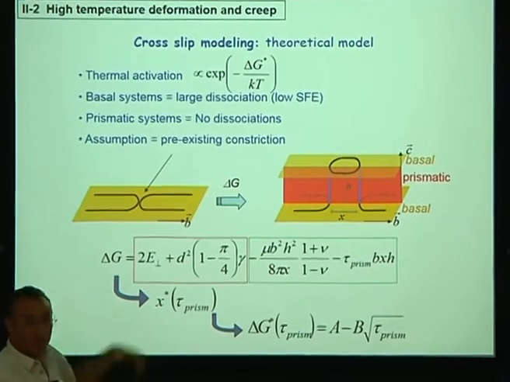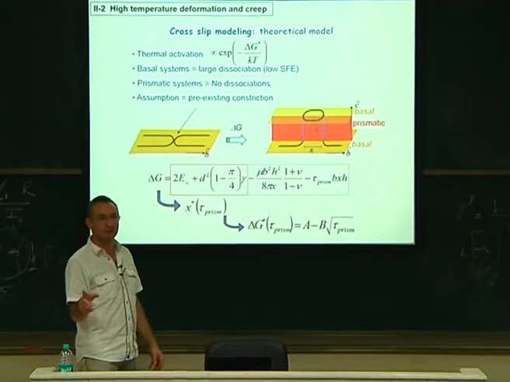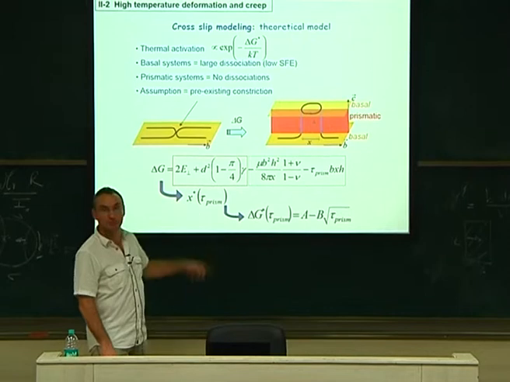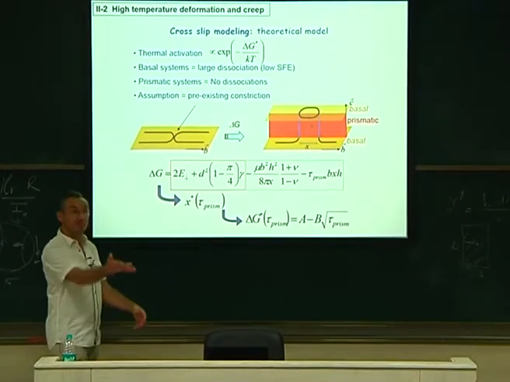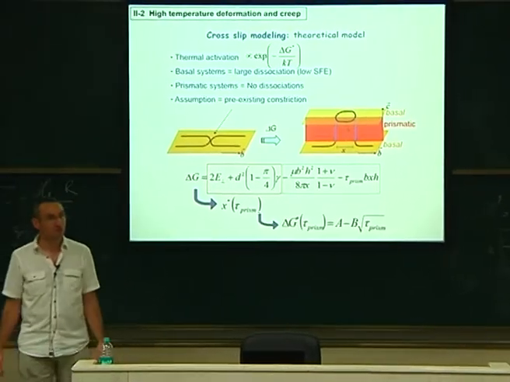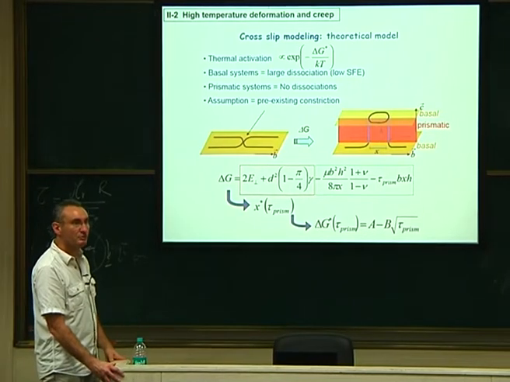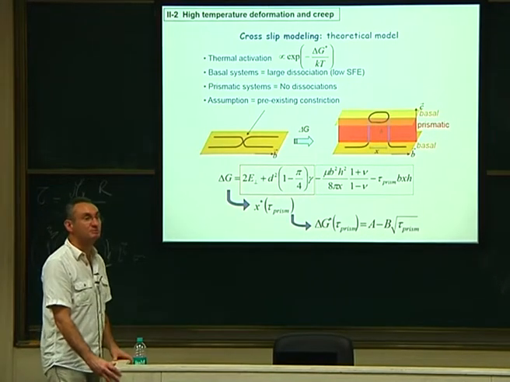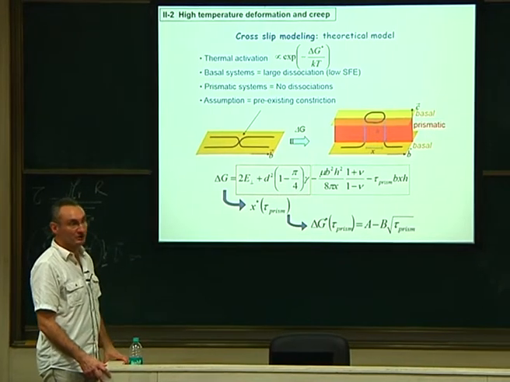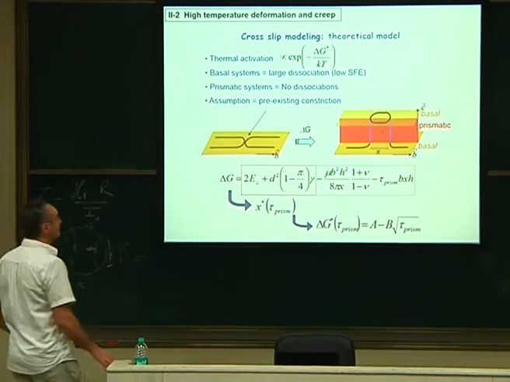So first, this is basal. By the way, it answers a question I had yesterday: is it possible for a hexagonal structure in the basal plane to dissociate? The answer is yes. I forgot, but indeed we took that into account in that paper. So yes, in the basal system we may have some dissociation. I think it's impossible in prismatic, but I'm not sure. Professor Sundararaman, is it possible to dissociate dislocations in prismatic planes? I think no, I think it's just possible in basal. Anyway, this is what we assume at that stage.